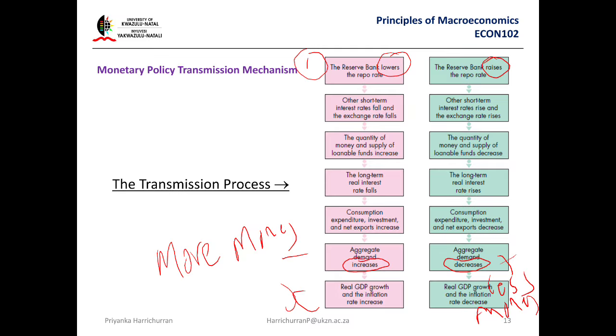That's number one. There we go. There's more money in quantity supplied. Interest rate falls. More people spend on consumption expenditure because there's more money in the economy. See, already I covered all three.